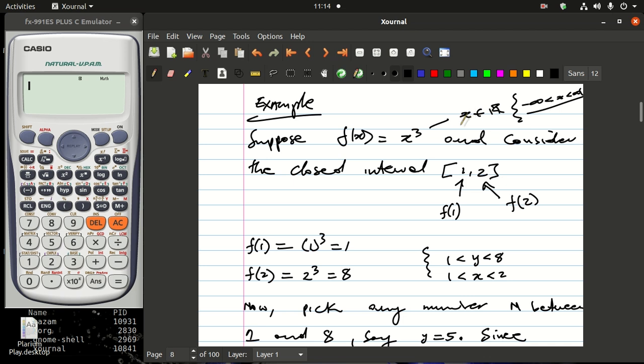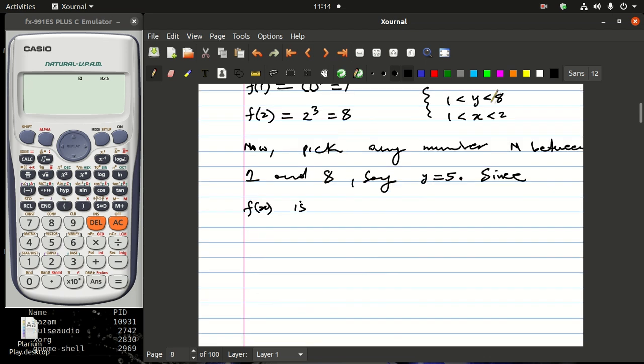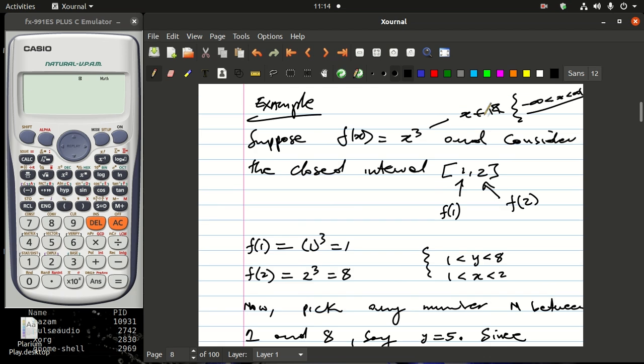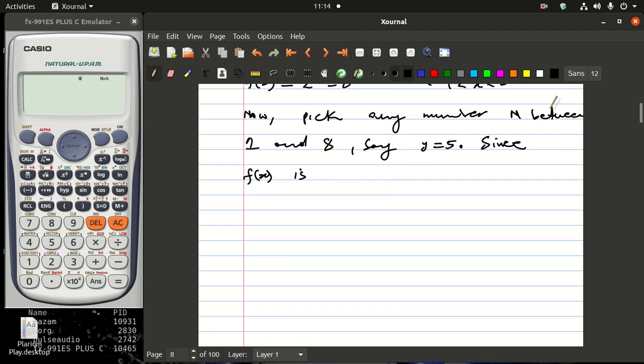So this is the domain, or you can write it this way. Now, if you look at this interval here, this interval here is contained inside this interval here. Therefore, f is continuous on the interval 1, 2, right? So on the interval x, where x is in between this, f is continuous. Since f is continuous in this interval, right,